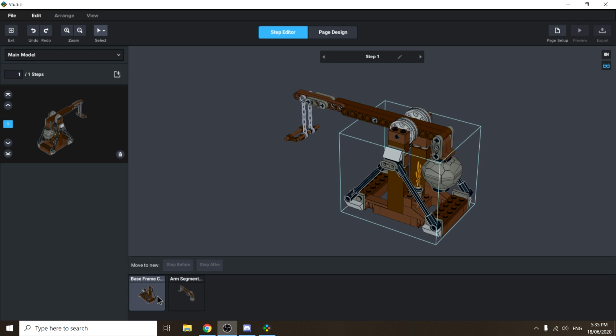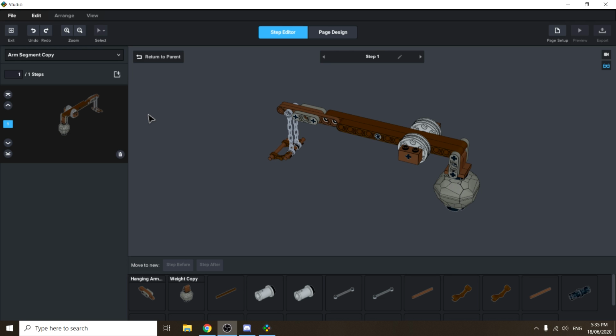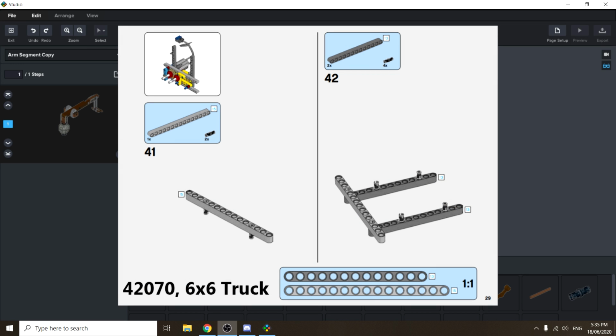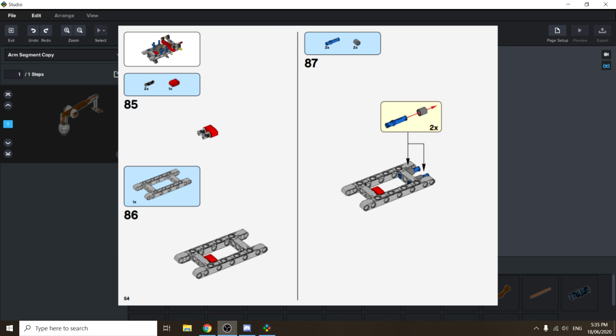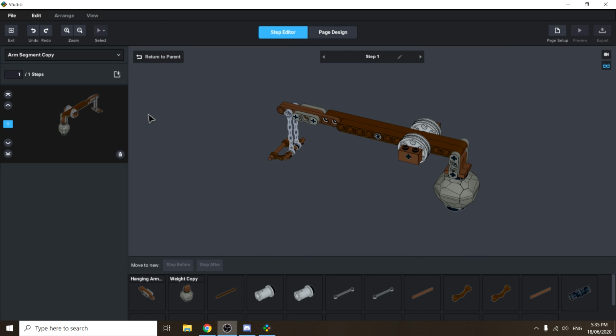Now, because I've submodeled it, we have two major components of this, the base and the arm, and we can then edit the steps that these submodels are then performed in. Now this is what the step editor for the arm segment copy looks like. The reason we use submodels is sort of similar to what LEGO does. They have their instructions built in sections, and we also want our models to have their instructions built in sections. This makes them easier to build, and we can focus on getting large chunks done rather than having to search